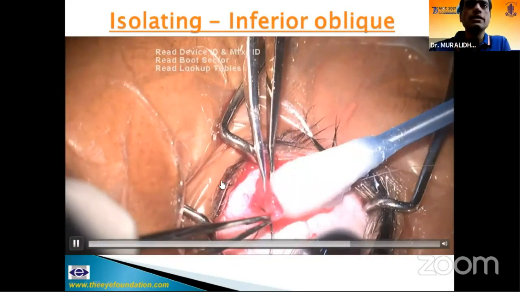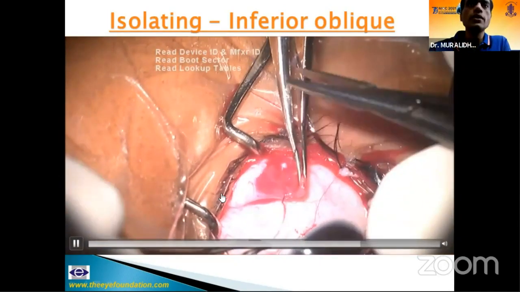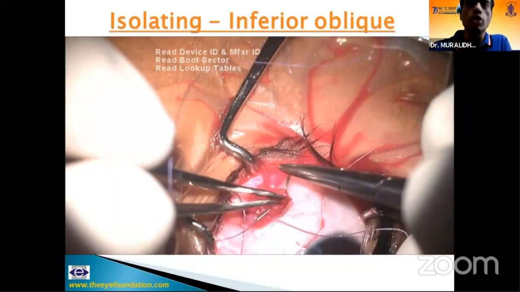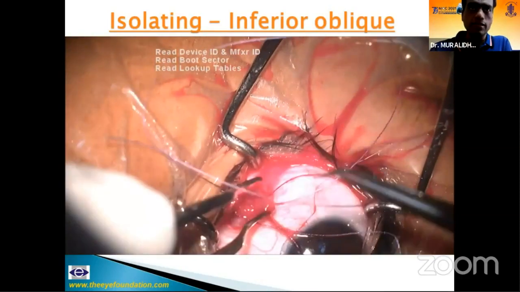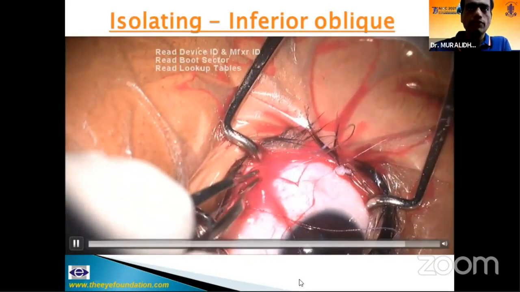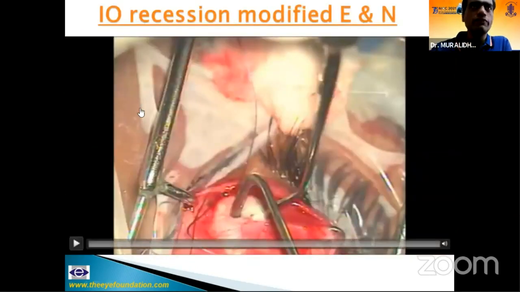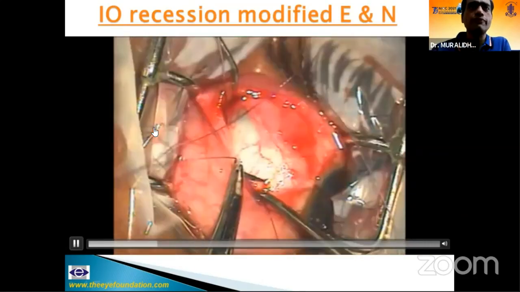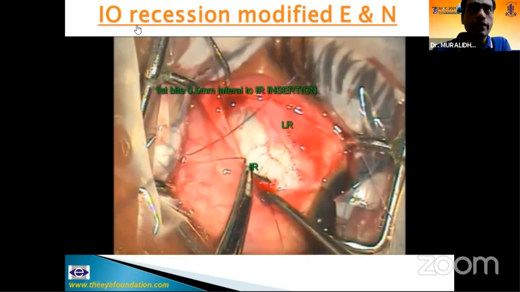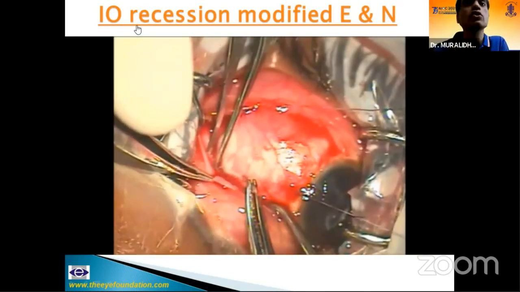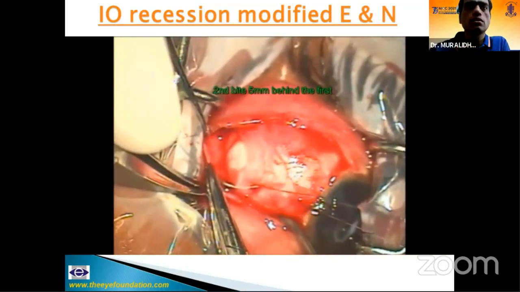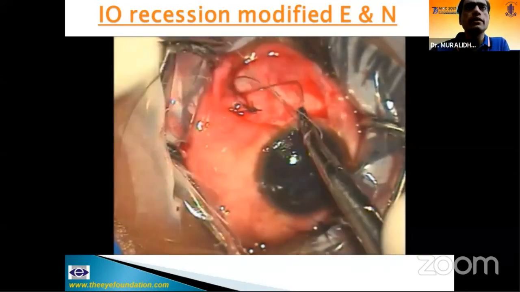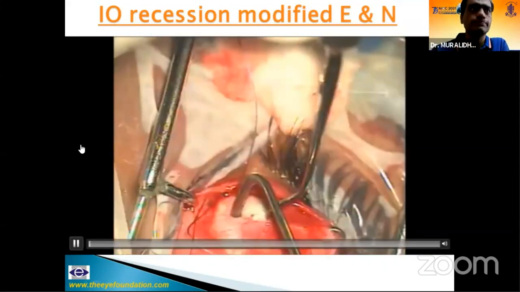Again, the same locking bites that Vaishnavi showed you in a 2-1-1. Make sure that you have included the posterior border of the inferior oblique as well, so that it doesn't insert over a wide area. So having done this, you have a wide variety of weakening procedures. This is the lateral rectus, this is the inferior rectus. This is the modified Elliott and Nankin's procedure that we commonly do for 3+ inferior oblique overactions. Second is 5 mm behind. Make sure there is no sag, and also that the inferior rectus has not been included in the surgery.